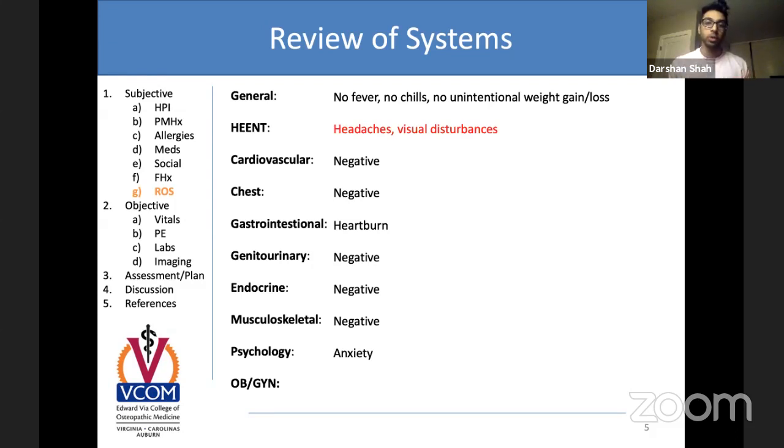We call it the 4 cardinal questions that we ask. Do you have fetal movement? Do you feel the baby kicking? Do you have contractions? Is there any vaginal bleeding? Or do you see any other type of fluid coming out of your vagina? So she does feel the baby move, and she is having contractions at 35 weeks. No vaginal bleeding, no leakage of fluid. So those are all great things.